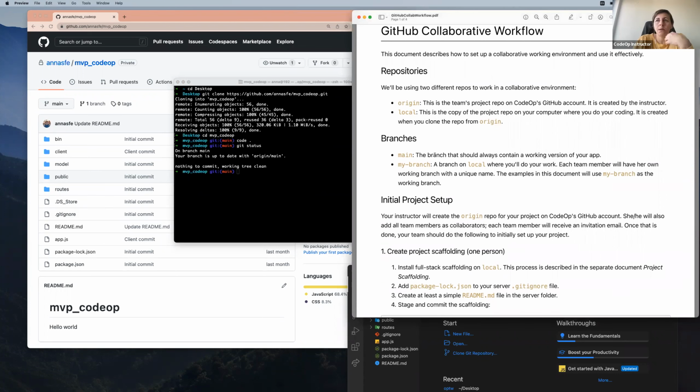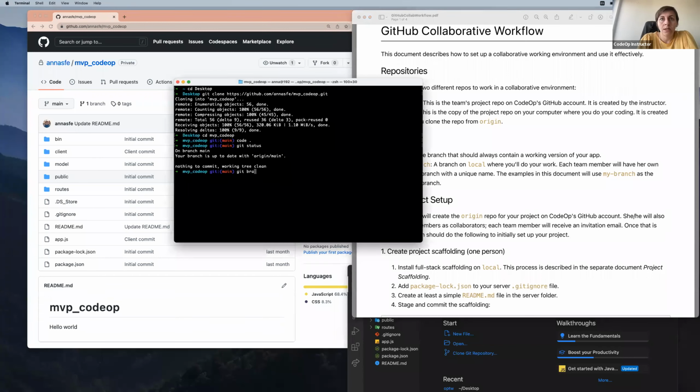The main branch is the branch that should always contain the working version of your app. A working version here meaning a stable version, an app that is working, not an app with bugs and errors. That's the ideal. But the main is something that is working. And then you create different branches on local when you work locally, first local, and then you also push it on GitHub, where you will do your work. And let's say that a team member creates one with her own name. And so for that, we create git branch